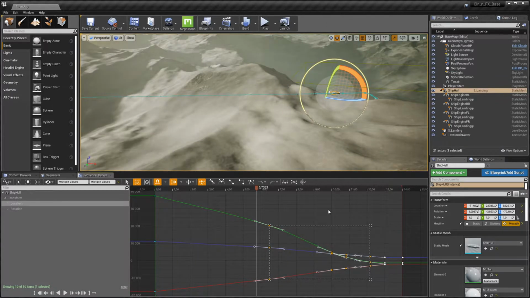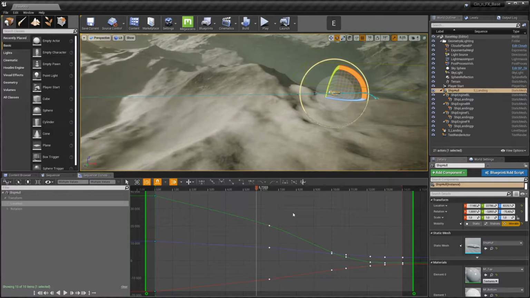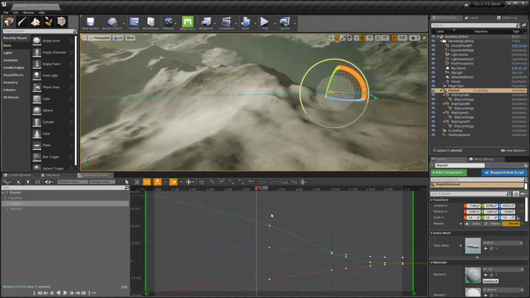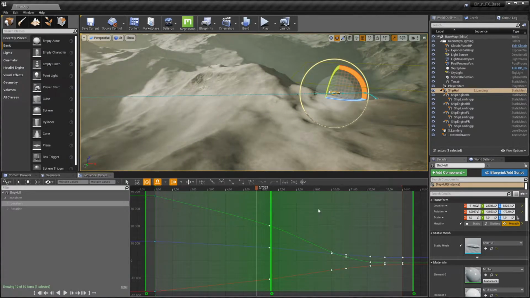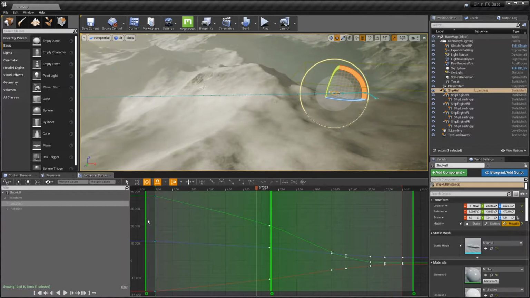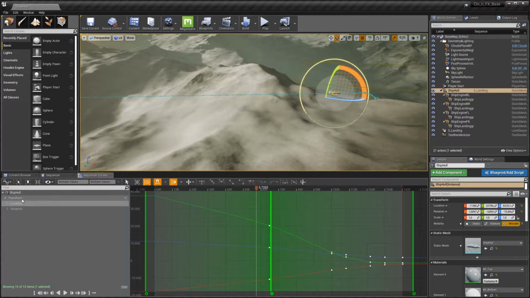There's also this very useful retime tool. The shortcut for this is E. After having switched to this tool, we can see these 2 green vertical bars here. And by left clicking twice, we can add more. These bars form a lattice that transforms all of the keys at once. All of the keys that are visible, that is. So if we also want to transform the rotation keys, we have to go up one level to the transform